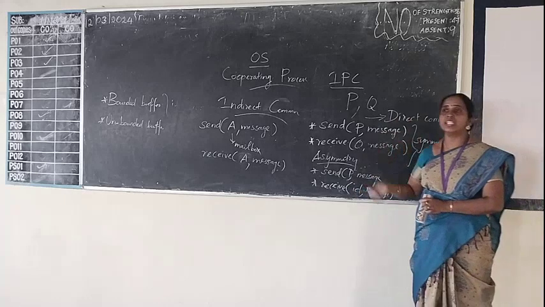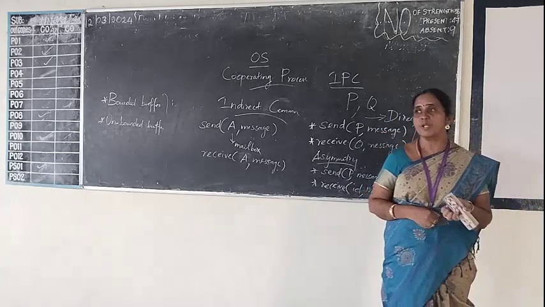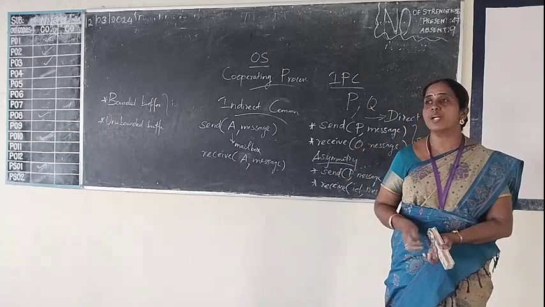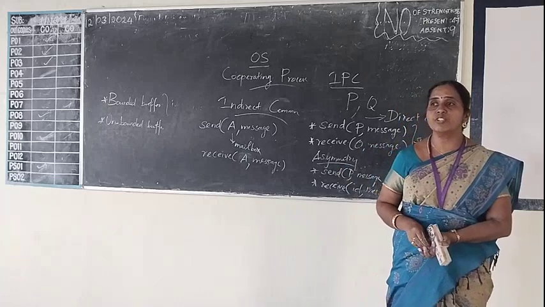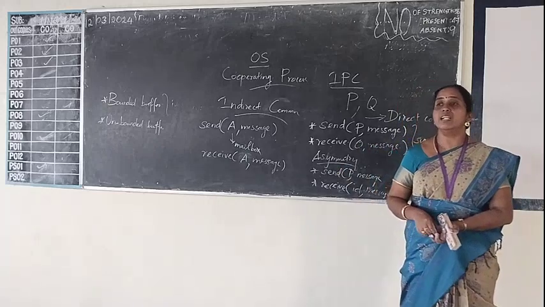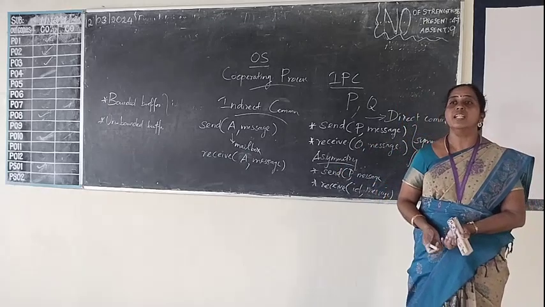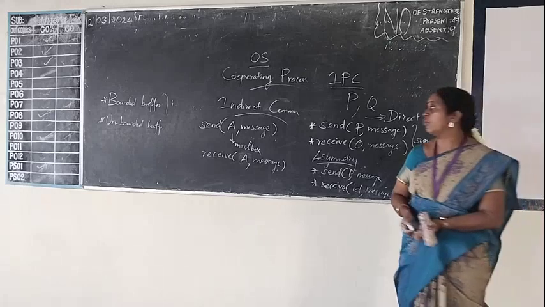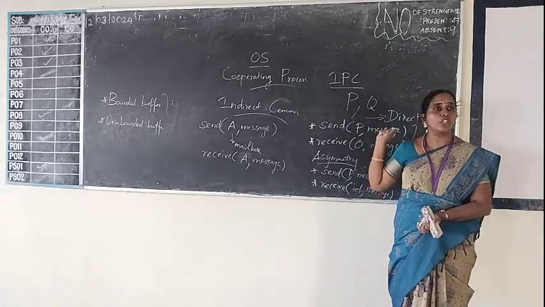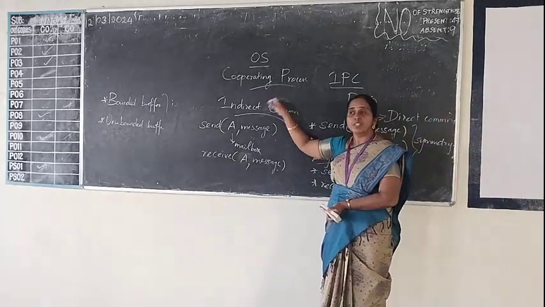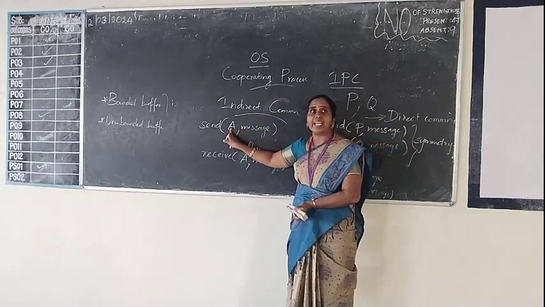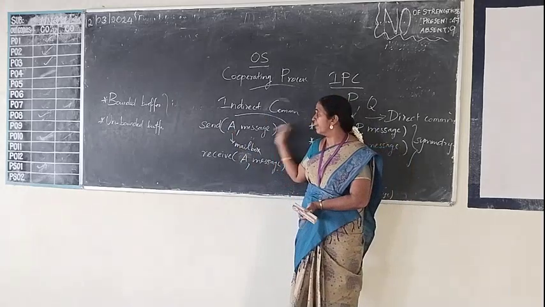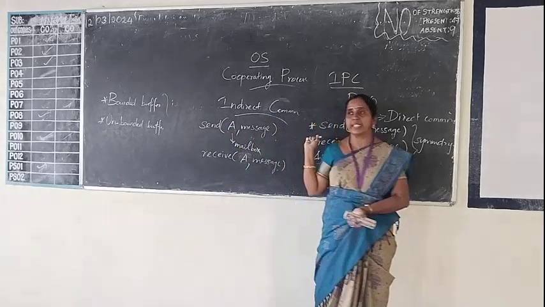Okay, like that, indirect communication also exists. In indirect communication, if one person wants to send a message to another person, or one process wants to send a message to another process, there is no direct communication. That is, the particular message is sent to a mailbox. If one process P wants to send a message to process Q, that message is sent to mailbox A. So from the mailbox, the particular recipient can get the message. This is called indirect communication.